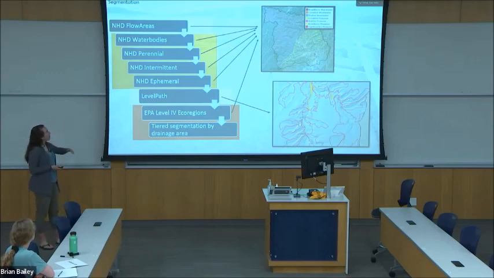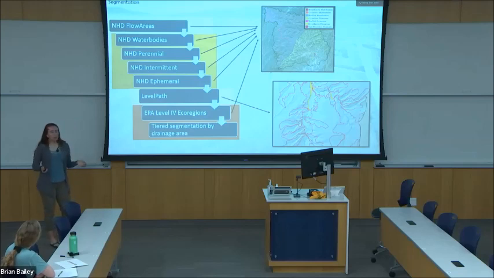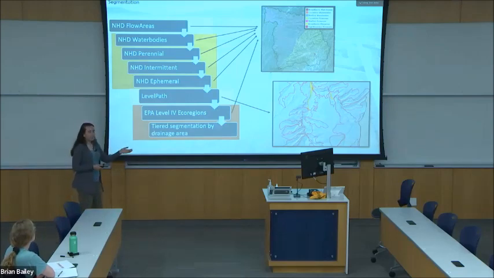Then from there, in decreasing order of size and temporal permanence, we're breaking out different types of rivers according to the NHD still. That's going to give us pretty good segmentation, but we still have a lot of issues in headwaters. Headwaters are important because the river styles are usually changing as you lose elevation. And so we have the level path. I'm not going to get into exactly how that works. It's a lot of computer stuff.